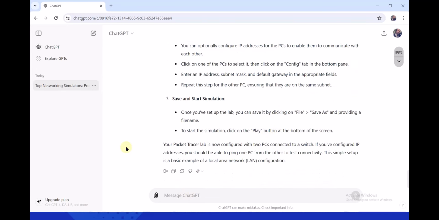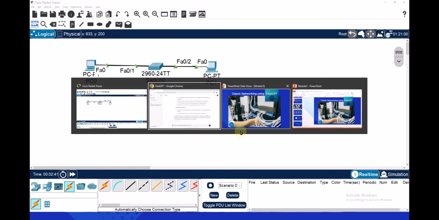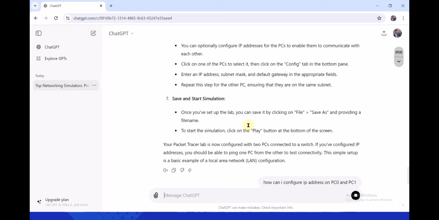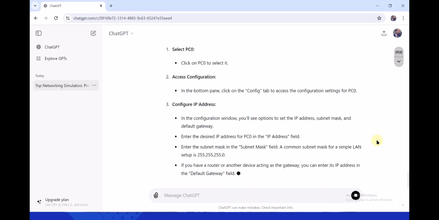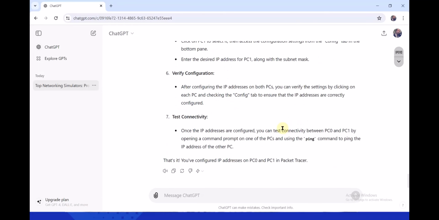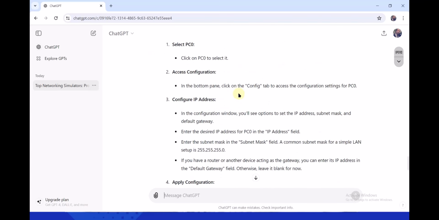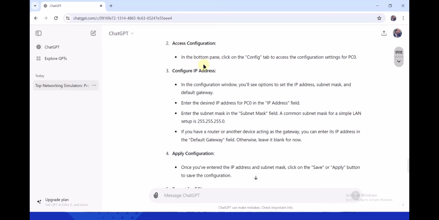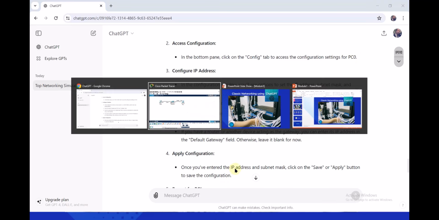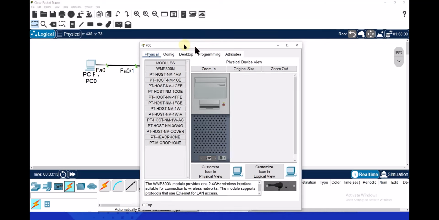So let's ask again, how can I configure IP address on PC0 and PC1? Okay, so I need to check the names PC0 and PC1, and hit enter. Okay, so now it is going to give you advice on how you are going to assign IP addresses. So it is saying click on the PC0, then in the bottom pane, click on the config tab to access the configuration settings for the PC0. So for that, I need to go into the PC0 and then under the config tab,